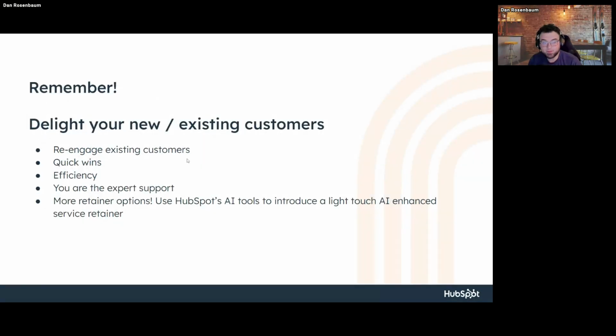And remember, delighting customers is always a good idea. So whatever that means, we can re-engage existing customers in novel ways. We can get quicker wins. We can be more efficient. You all are the experts in your industries. You are the experts in your fields. This is what people pay for.